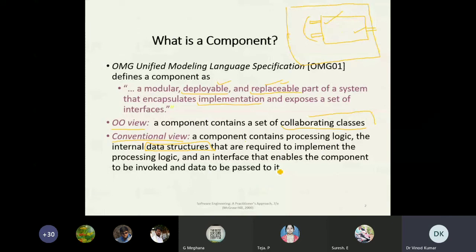Say, for example, a function. In a function we have some logic implemented inside it. We have an interface, which means we have the input here. Suppose a function is there, so this will be the interface for input, and if I process this value, it will return some value. You have to understand the interfaces and different components by relating to different examples.